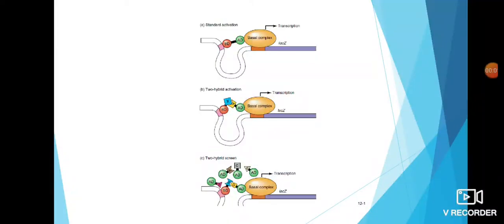Good morning, students. Today we are going to discuss protein-protein interaction. This is my second class. We will start with how an activator's DNA binding domain and activation domain interact, and with the help of this model, whether we can determine the interaction of two proteins. This is called the Yeast-2 hybrid model.